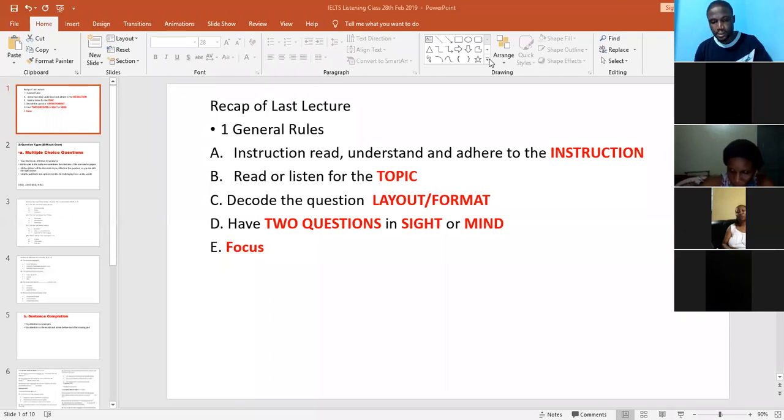It is IELTS listening class, and you need to keep your background as quiet as you can, because we'll be doing some listening practice and illustrations with the audios. So we are on IELTS listening, and last week, on Tuesday to be precise, we started the general